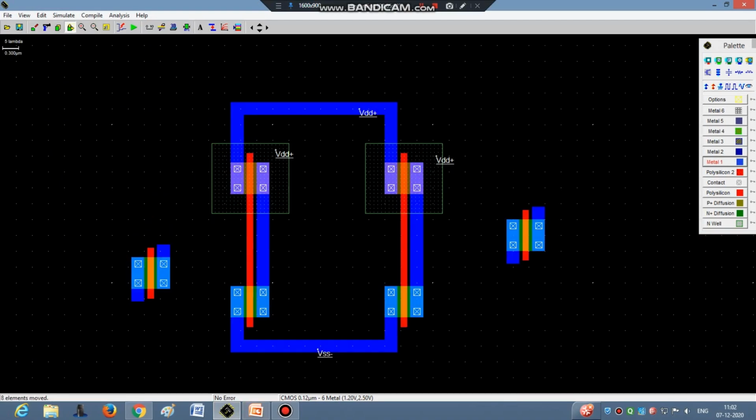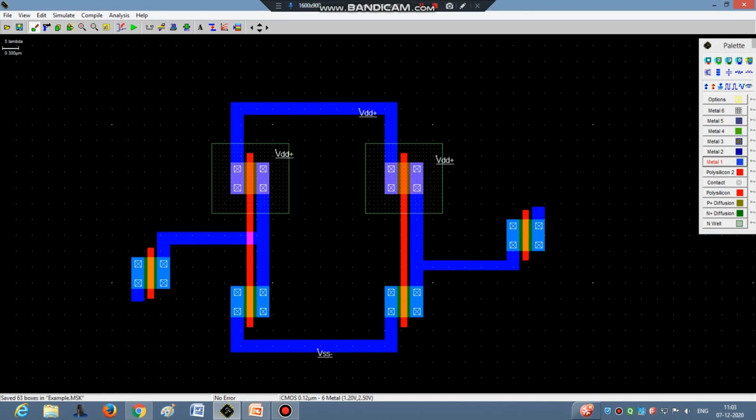NMOS, metal 1. This terminal is connected here. Here.